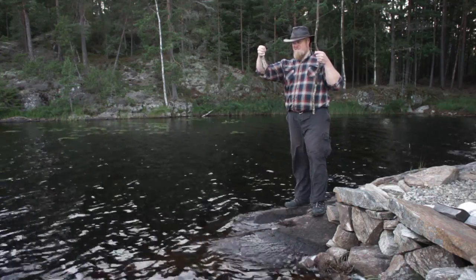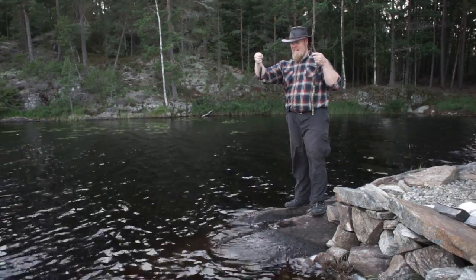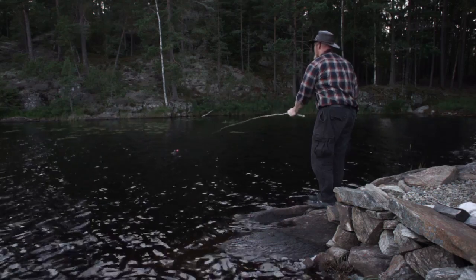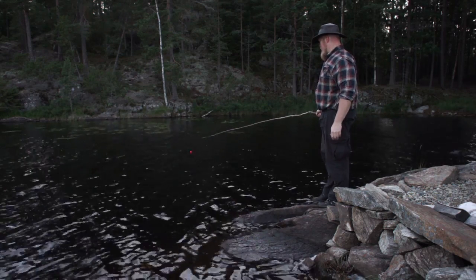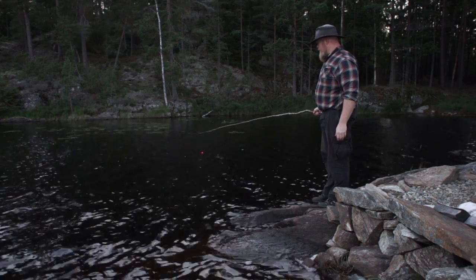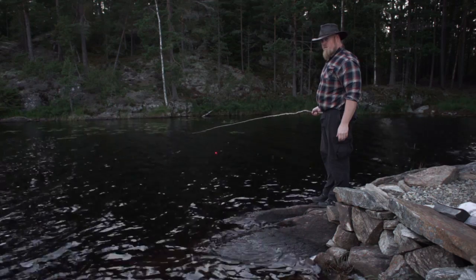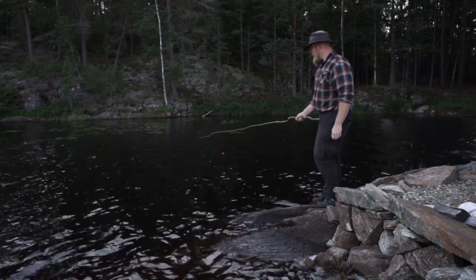Perch. It's a small one, but I guess it's tasty. After you throw out the bait into a spot where you think the fish might be waiting for some breakfast or some dinner, you have to watch this floater. That's the key, because you don't feel the actual fish